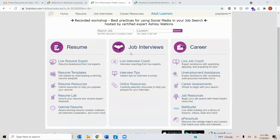Okay, so you can see here we have the homepage organized into 3 core sections: resumes, job interviews, and then career, which is kind of your general career advice. So if I am just starting out on a job search, one of the first things I may want to do is figure out what type of job best fits my personality, my knowledge, my skills, just something that I